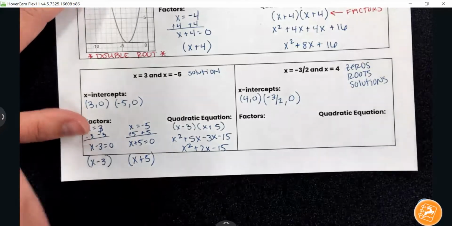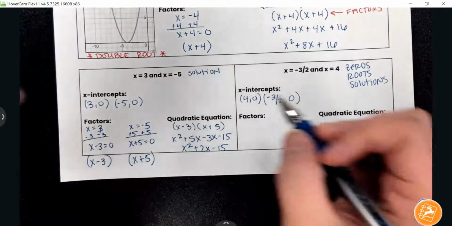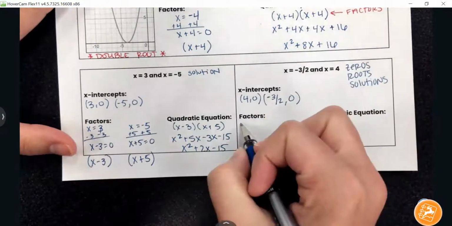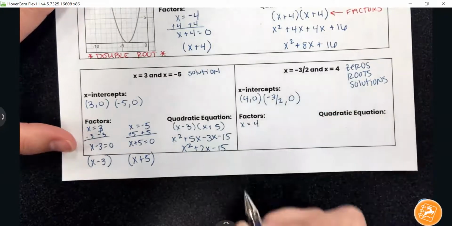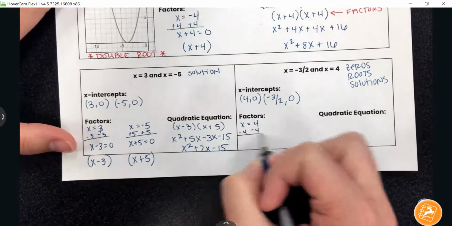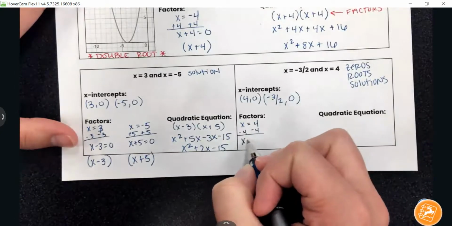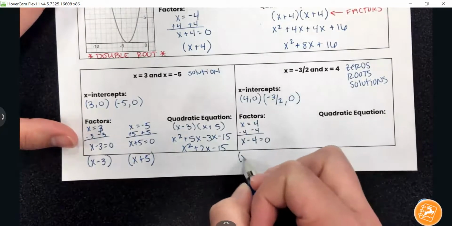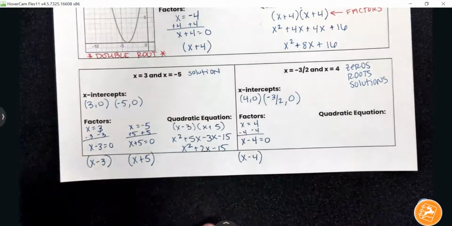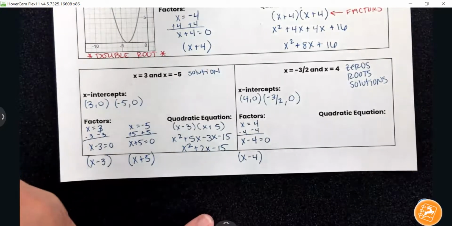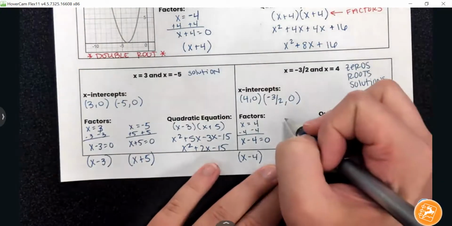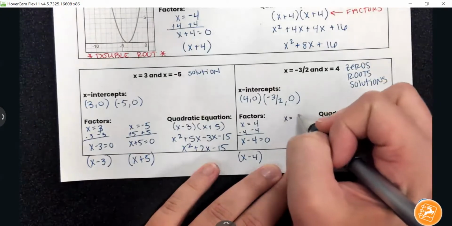Okay. So let's go do our easy factor. The first easy factor is x equals 4. And when I subtract 4 from both sides, what do I get for my factor? So my first factor is x minus 4. Okay. Now everybody heads up looking for this one, please. X equals